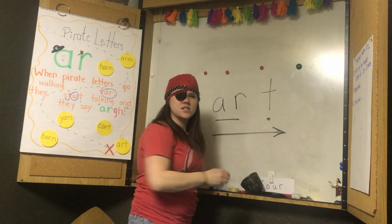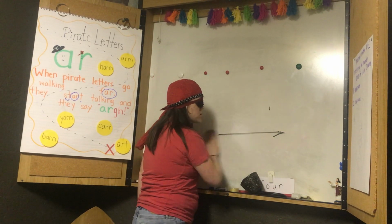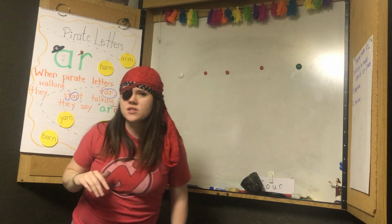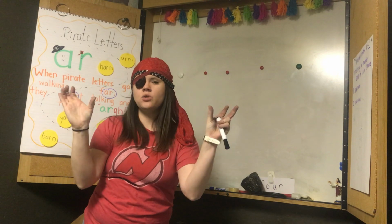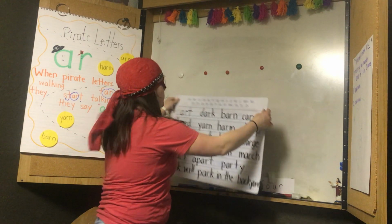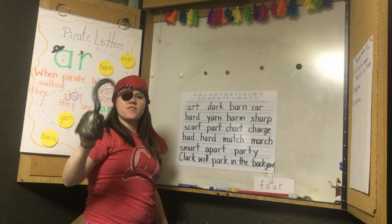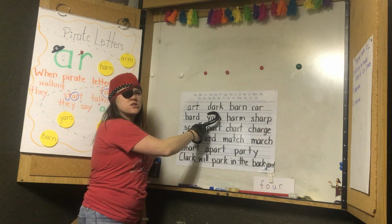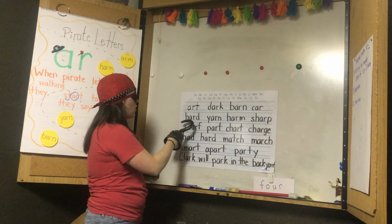Super work. Let's do a little practicing reading words with that R sound. Some of these words are going to have blends. Some are going to have digraphs. I bet you there's a compound word in here. You guys remember what compound words are? When you take two words and put them together, and it creates a whole new meaning. Let's try. I'm going to use my hook to help because a lot of these are going to have the R sound. Ready? Art, dark, barn, car,